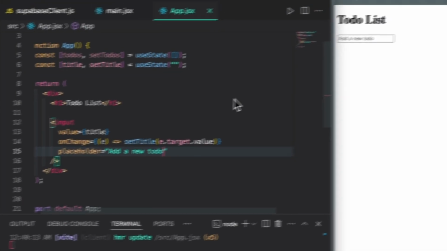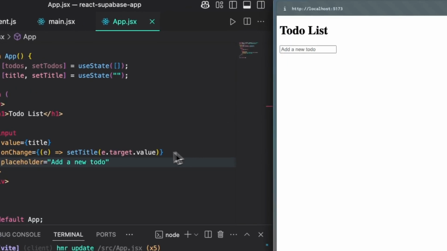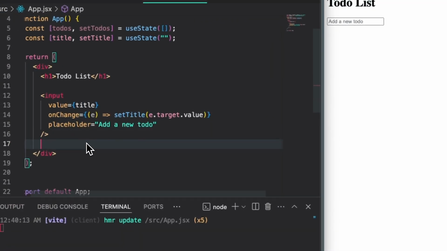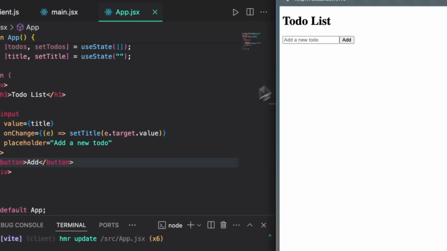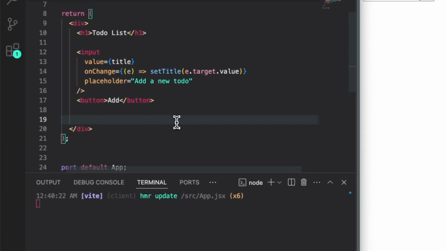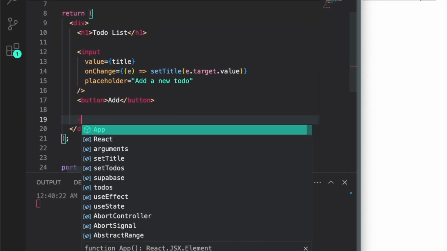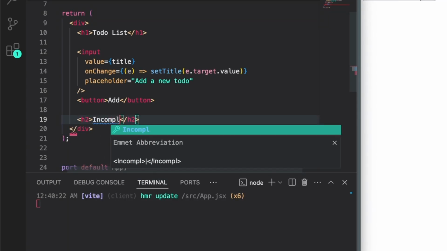Okay, and you see that form right here. And then we're going to create a button as well that allows us to add this to-do, right next to the input box. Next, we're going to create our section for our incomplete to-dos. So we'll do this by doing h2 incomplete to-dos,